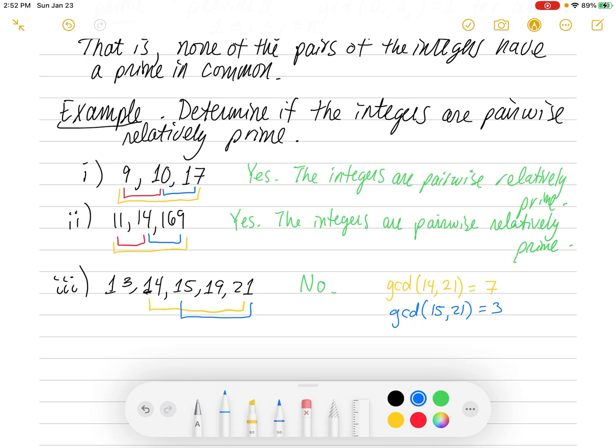All right, so that's it for this video. In the next video, we're going to look at something known as the Euclidean algorithm, and we're going to use that to solve